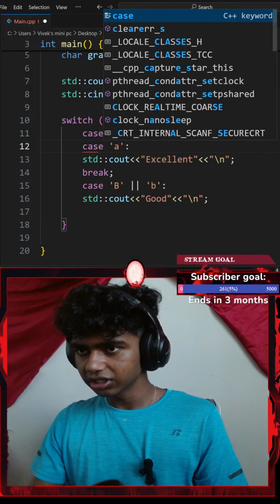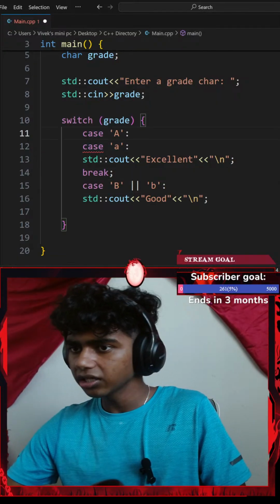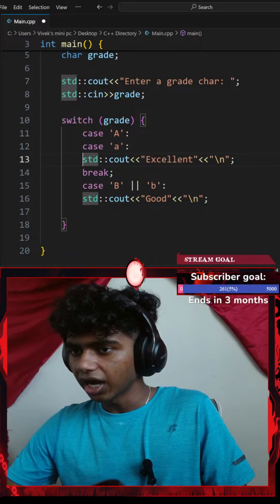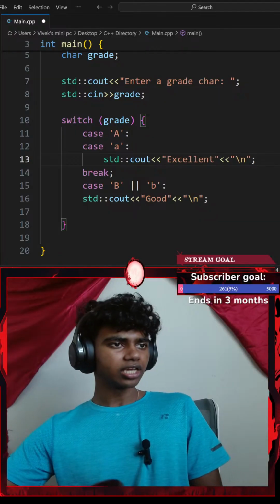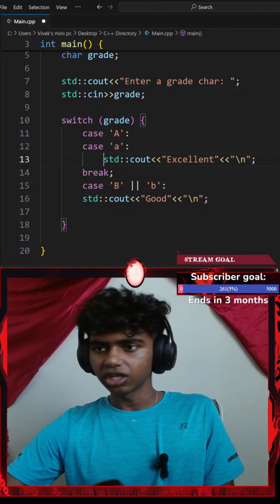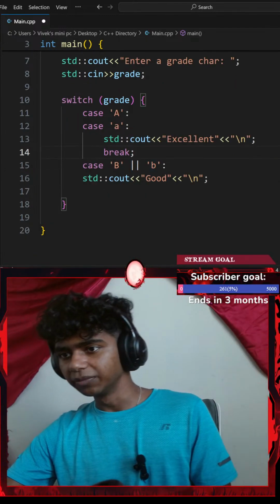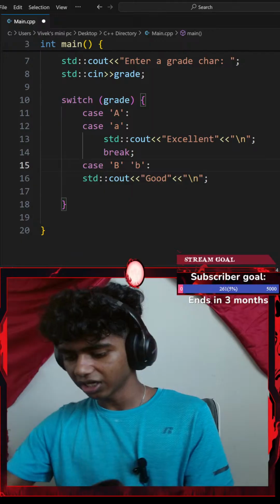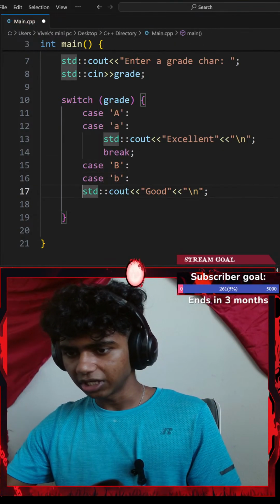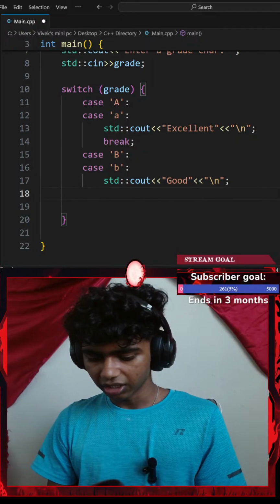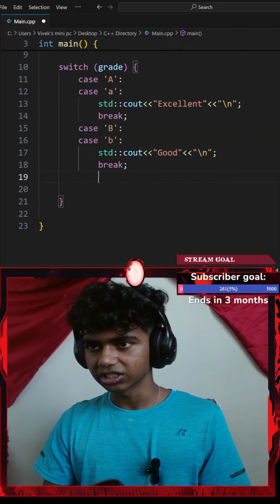Okay, let's go with something like case. If my case is A, okay, I go with a break. So, first, should this be indented? Like the way GPT did it, it indented it. I feel like C++ doesn't care about indentation, because many of you guys did say that. Okay, let's go with case, this is going to be case lowercase b. Let me indent that, and then go with a break. Honestly, that might be my next question: is the break even necessary?